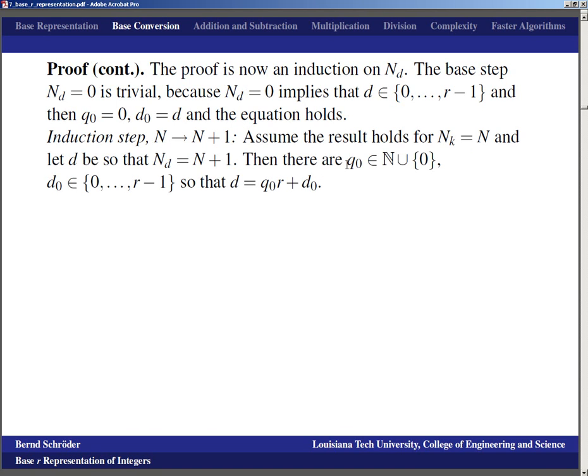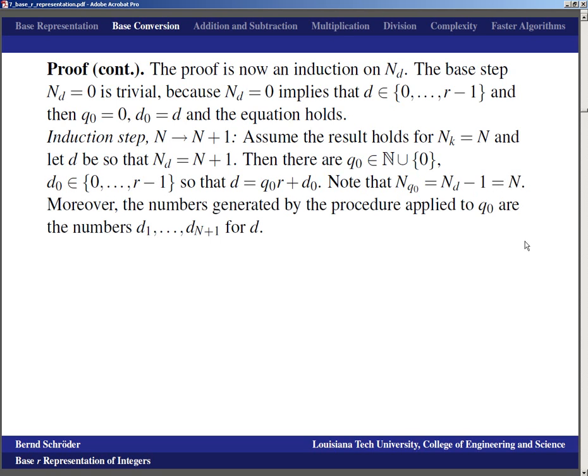Okay, so then there are q sub 0 in the natural numbers union 0 and d sub 0 in 0 through r minus 1, so that our number is just q sub 0 times r plus d sub 0. That's just the regular division algorithm again. And now we know, however, if it takes n repeated divisions by r to get rid of the d, then it will take one less such division to get rid of the q sub 0. And that means for q sub 0, we have n of q sub 0 is capital N,